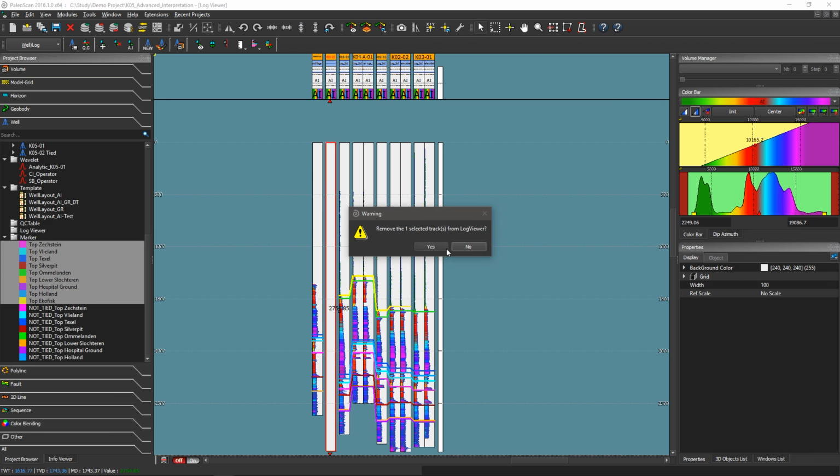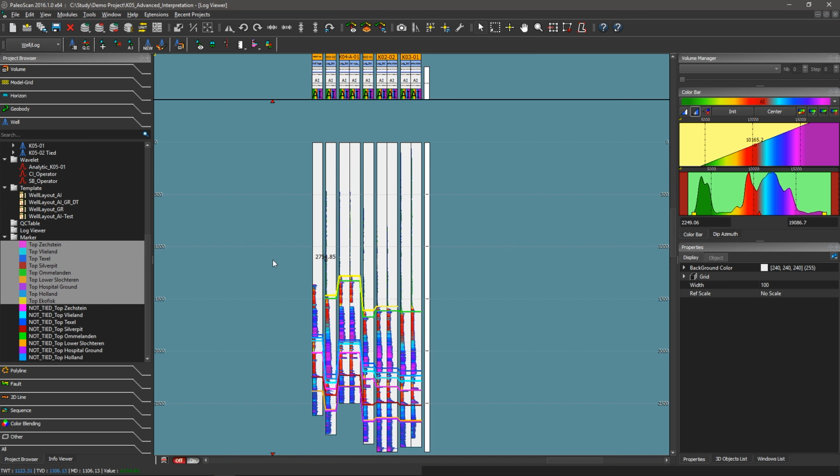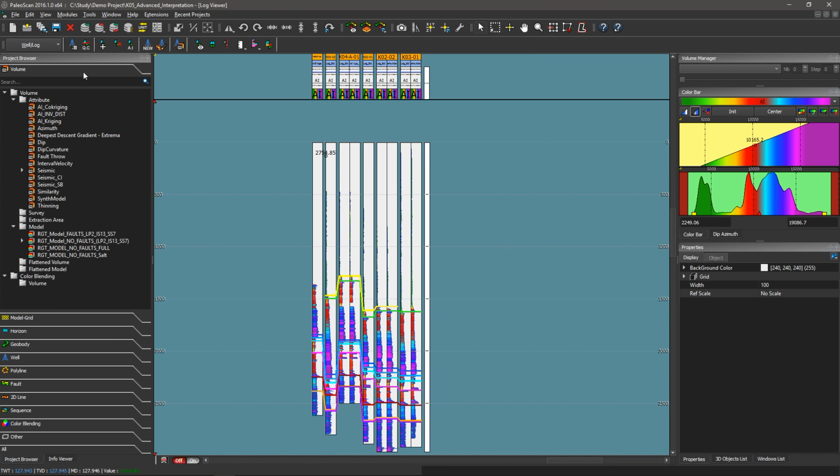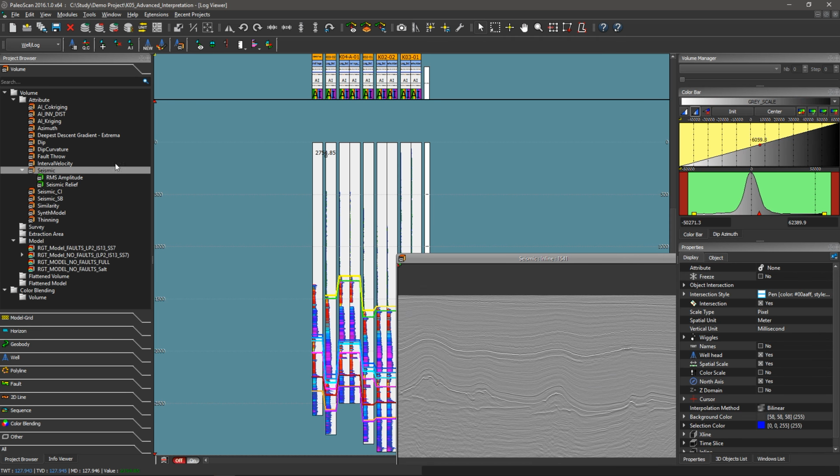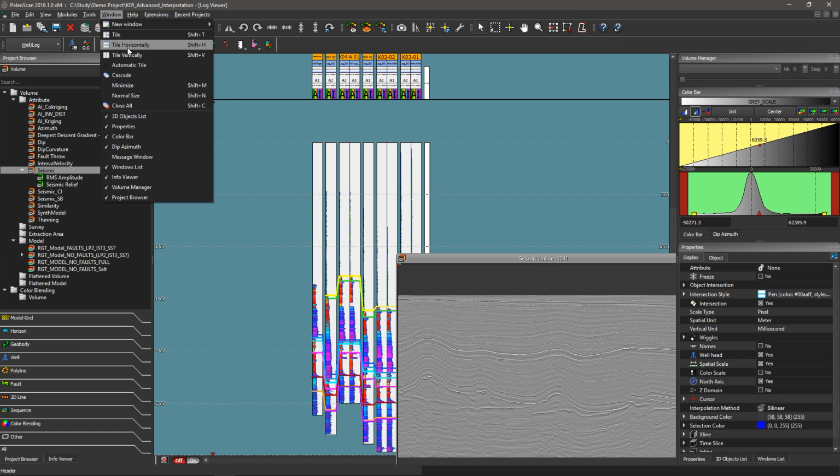You can add the well markers to the display, and once they are displayed within the log viewer, you can see the correlation across the different wells.